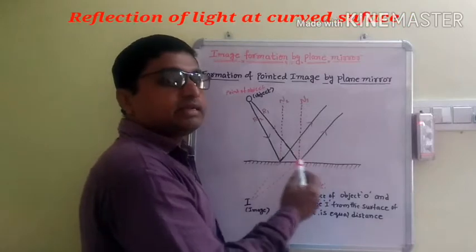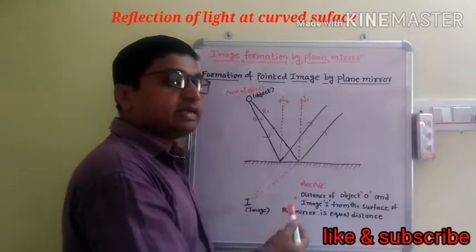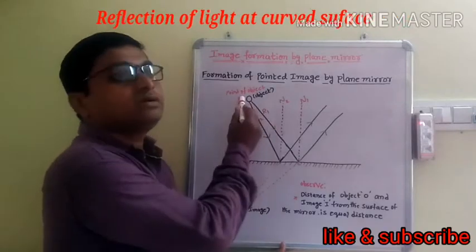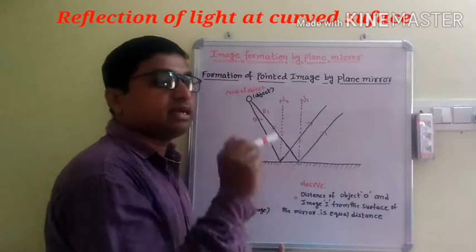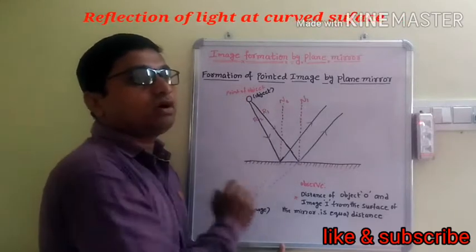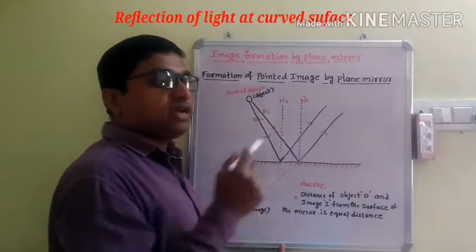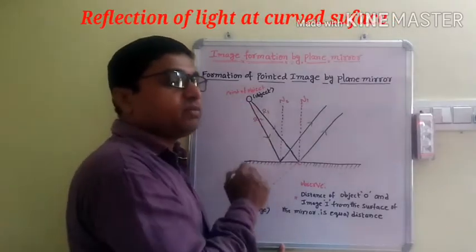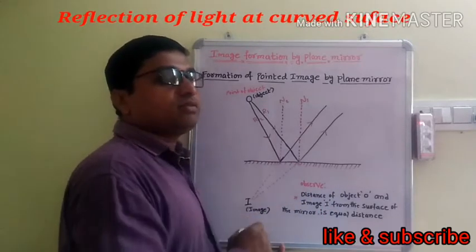The two reflected rays intersect. At that point we get the image of the point O. Where the reflected rays intersect, that point is the image of the point object O. This is the explanation of the pointed object placed in front of the plane mirror, and we get the image formation through